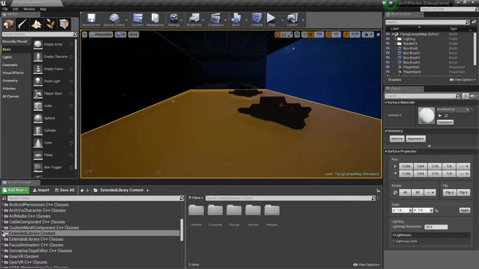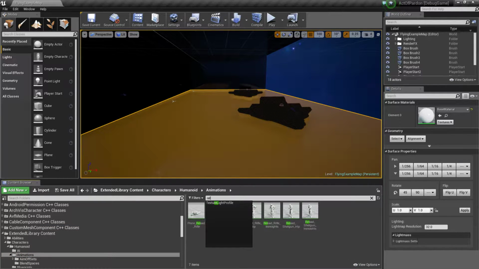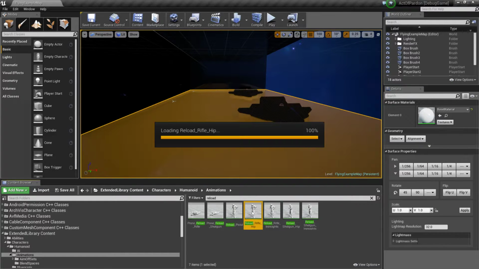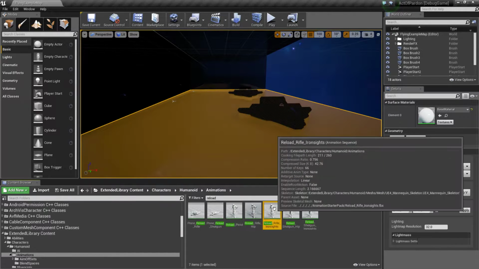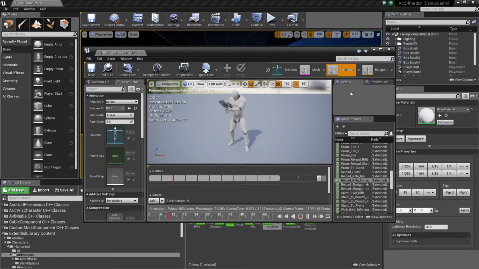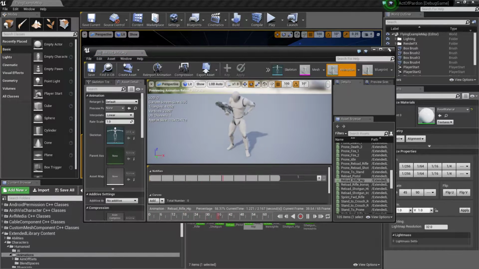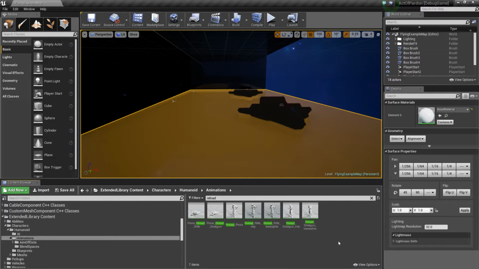Now the next thing we're going to want to do is get an animation for reload. To me, these look exactly the same. So it's just how he returns it. I think we'll just start with this one. So what we want to do is create...